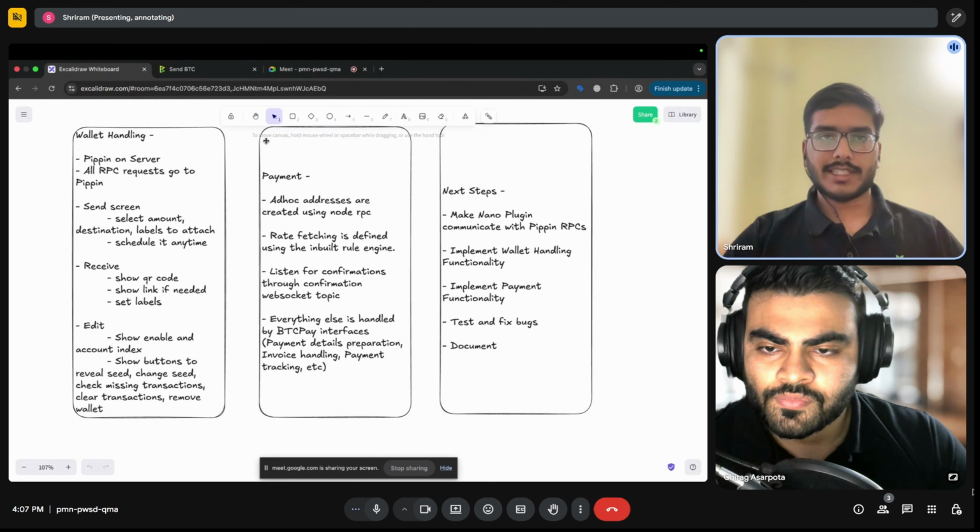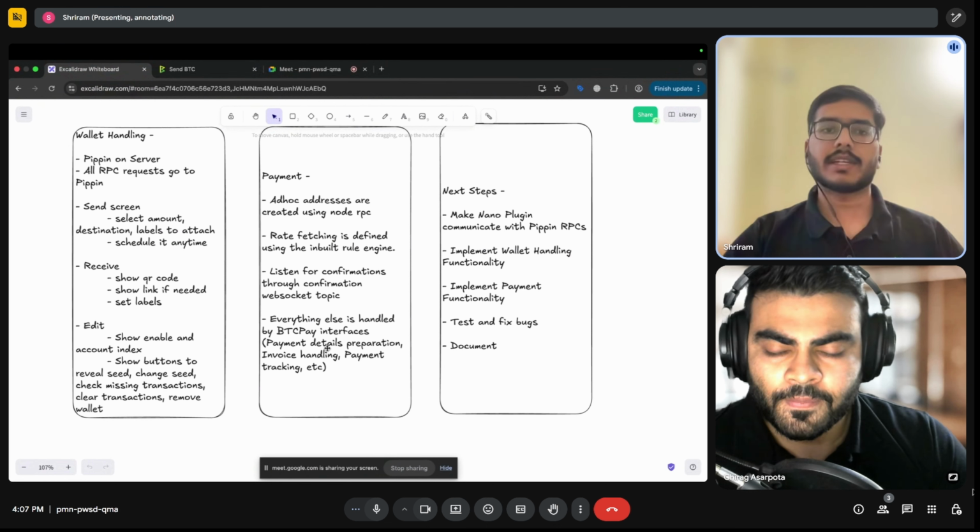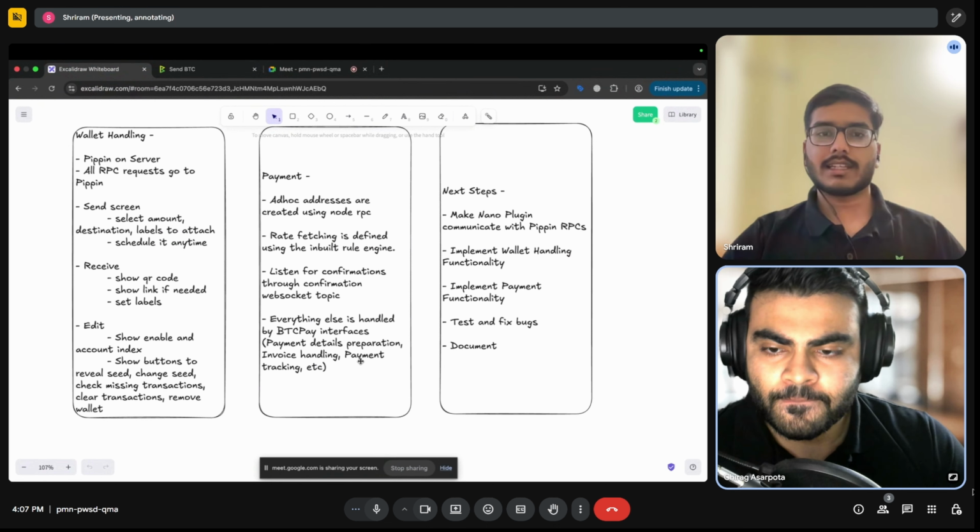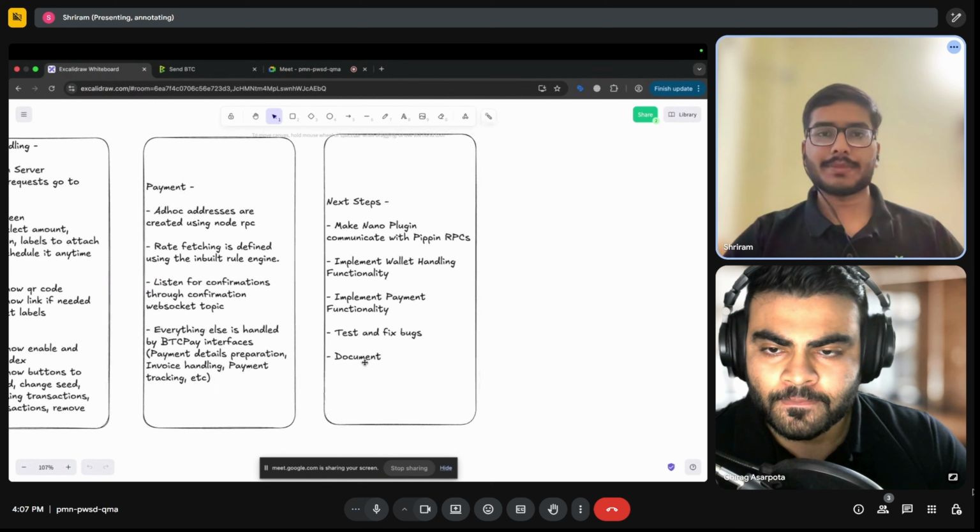Then we'll be implementing the payment side of things, where we actually implement the creation of ad hoc addresses, the rate fetching, the listening for confirmations, and everything else that's required, like preparation of the payment details, the actual invoice handling, and so on. So our immediate next steps, if we want to summarize and break it down, is currently